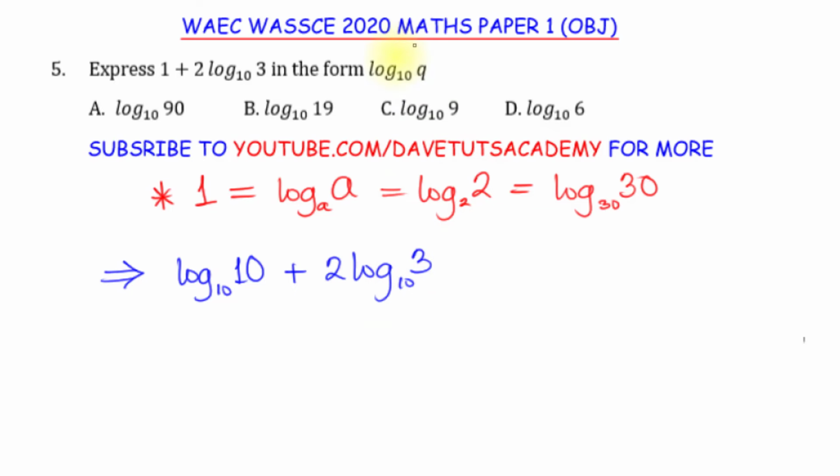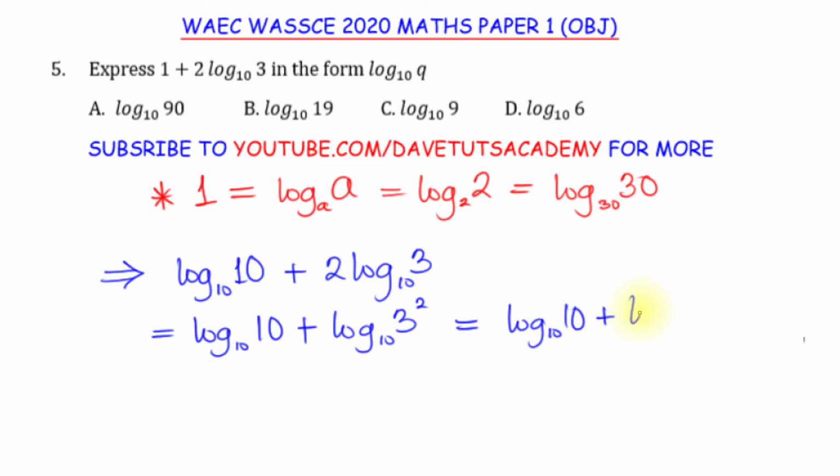Now, you want to express it in this form, that means you need to eliminate this particular 2. And another law of logarithm is telling us that this 2, that is the coefficient of log of 3 to base 10, we can take to the power of that logarithm such that we have log of 10 to base 10 plus log of 3 to base 10 raised to power 2. Okay, so this will be log to base 10 of 10 plus log to base 10 of 3 raised to power 2,